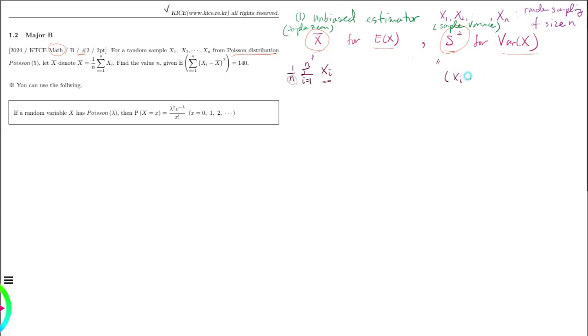the sum of the squares of xi minus the sample mean, the deviation from the sample mean squared, and then we divide it by n minus 1. The n minus 1 is crucial because it's not divided by n. It is because